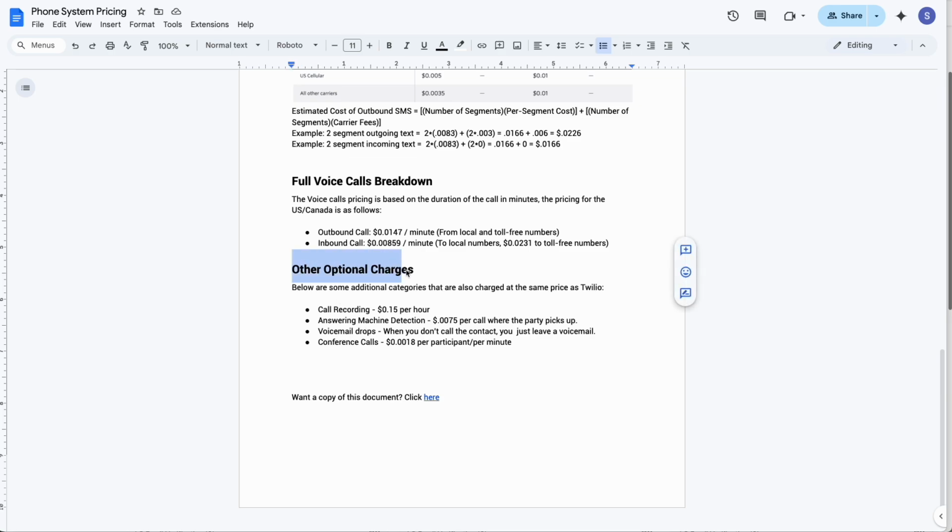There are some other optional charges again. If you want to record calls, it's 15 cents per hour. If you want to use answering machine detection, which is sprinkled throughout the CRM, like if you're using an automation and you want to know if an answering machine answered or a person answered because you want a certain thing to happen depending on which one, that's about a penny per call or 0.75 pennies per call, and that's where the party picks up. Again, it gets hard to even know what all this means, but these are the actual charges. A voicemail drop is, instead of calling them, you just send a voicemail to the phone so it doesn't actually ring. And then if you're doing conference calls and stuff,